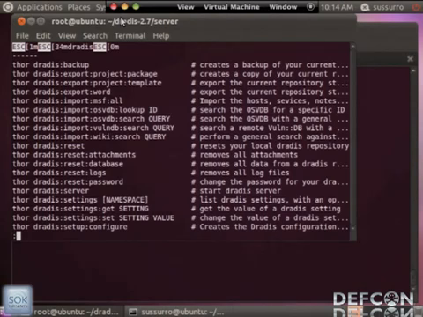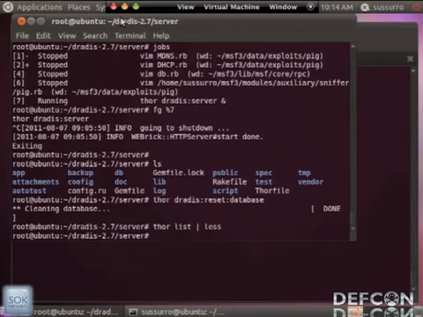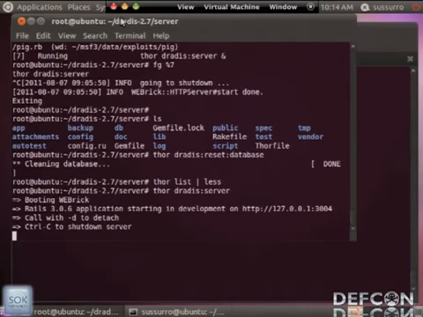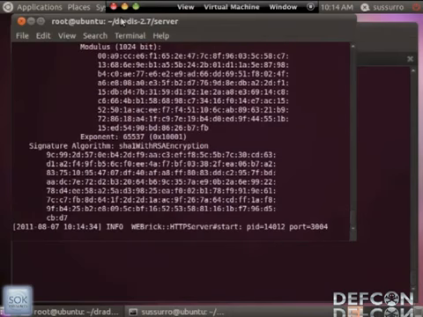So when we do the list, we can see that we can use Thor to back things up, to reset portions, or the server, which is what actually runs Trace itself. So right now, Trace is starting up, and we see that it is started up on localhost. We can see the port number is 3004. So we will start up